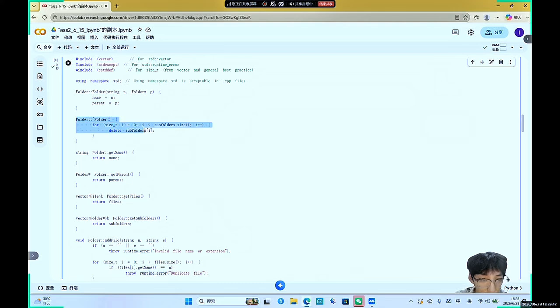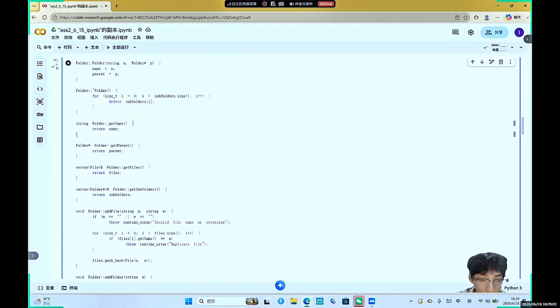And what is this? The destructor runs automatically when a folder object is destroyed, and it deletes the subfolders using a loop. Then this, for short,